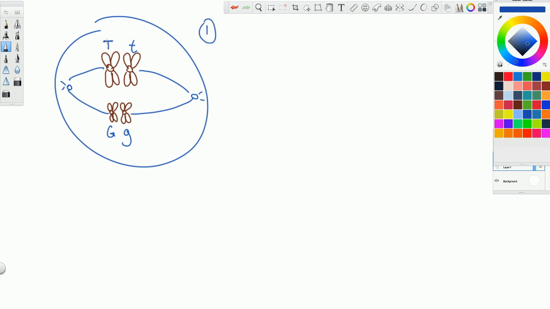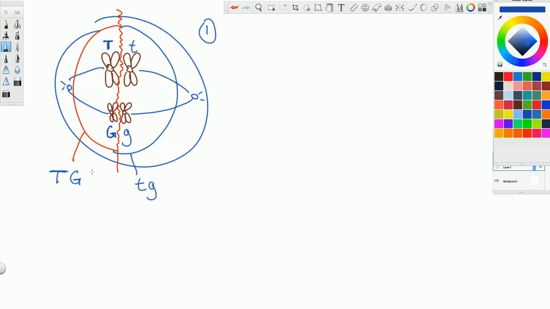Bayangkan, kalau ini T besar kat sebelah sini, G besar means dua rupa dominan di sebelah yang sama. Bayangkan semasa meiosis 1, ini dua pisah. Akhirnya sampai gamete terbentuk, gamete sebelah sini akan terima T besar iaitu tinggi, gene untuk tinggi dan gene boleh gulung lidah. Sebelah sini pula akan dapat ialah small t untuk pendek dan small g tak boleh gulung lidah. Katakan untuk lelaki, inilah sperma. Ini pun sperma juga. Of course, ini dua-dua, big T, big G, dominant. Ini small t, small g, dua rupa resif, tak sama DNA kan? Yang pertama. Okay. Kemungkinan penyusunan kromosom yang kedua,